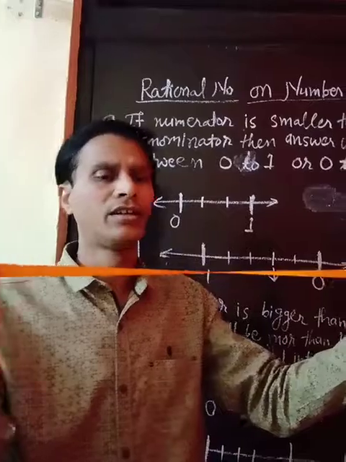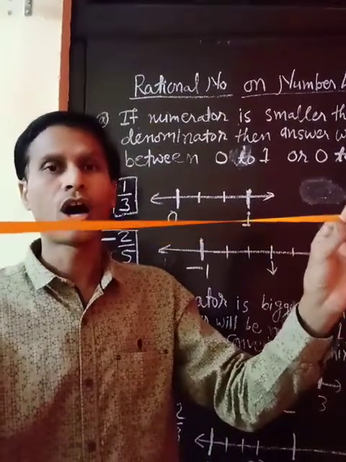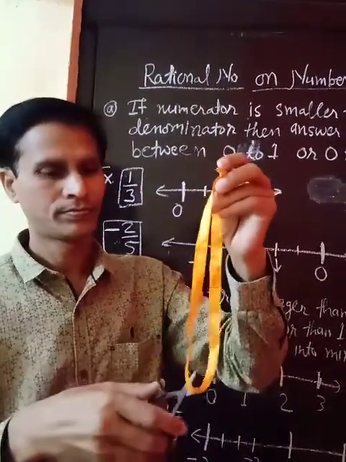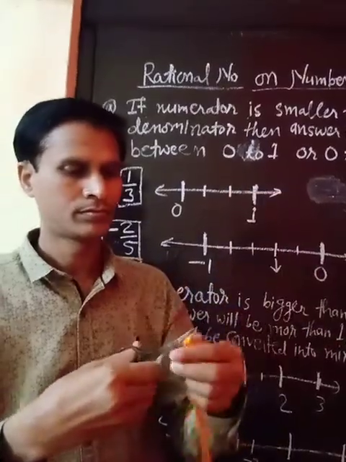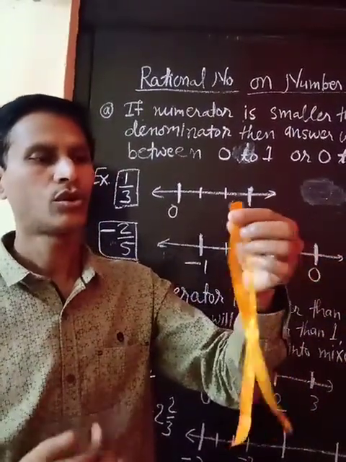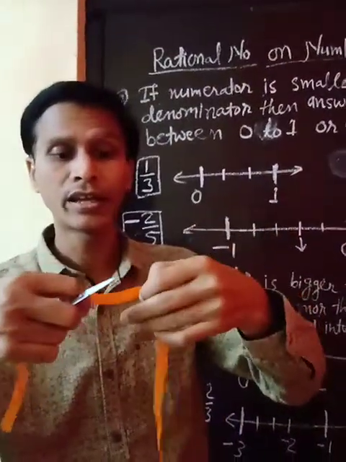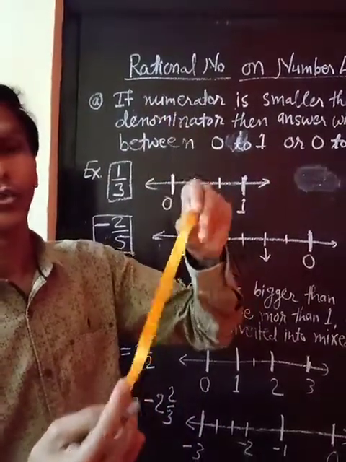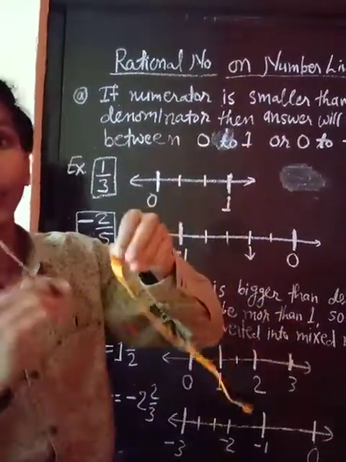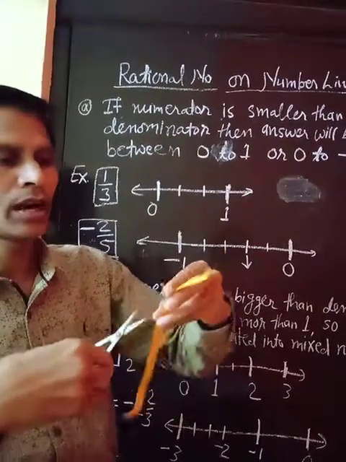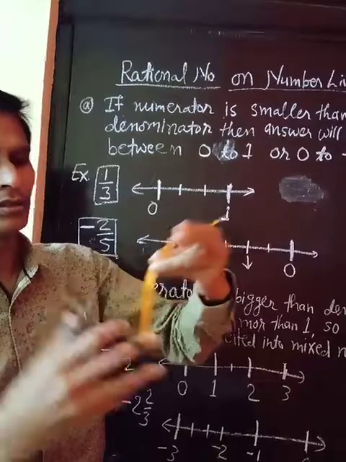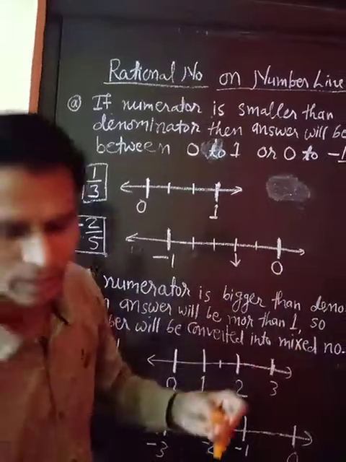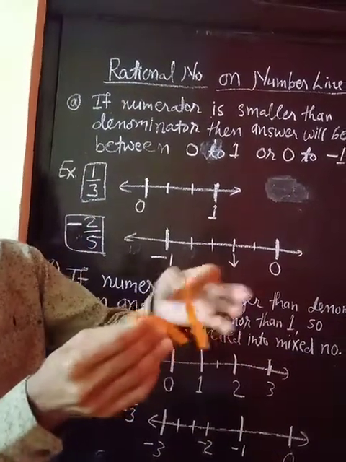Suppose this ribbon is here, I want to divide it into 2 parts. So how many cuts will I make? I will cut in only one place. You can see, this is divided into 2 parts by cutting one place. Further, suppose I want to divide this ribbon into 3 parts. So how many places will I cut? I will cut only in 2 places. So it will be divided into 3 parts, 1 and 2. So you can see, by cutting in 2 places we are getting 3 parts.